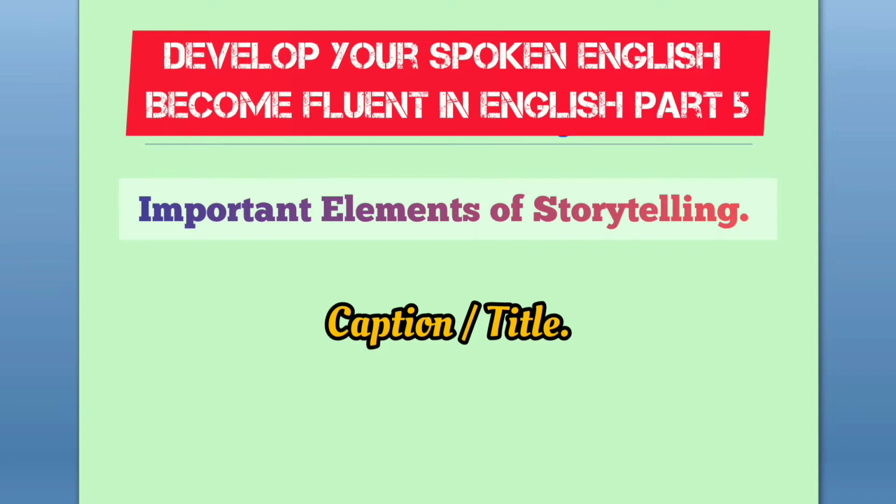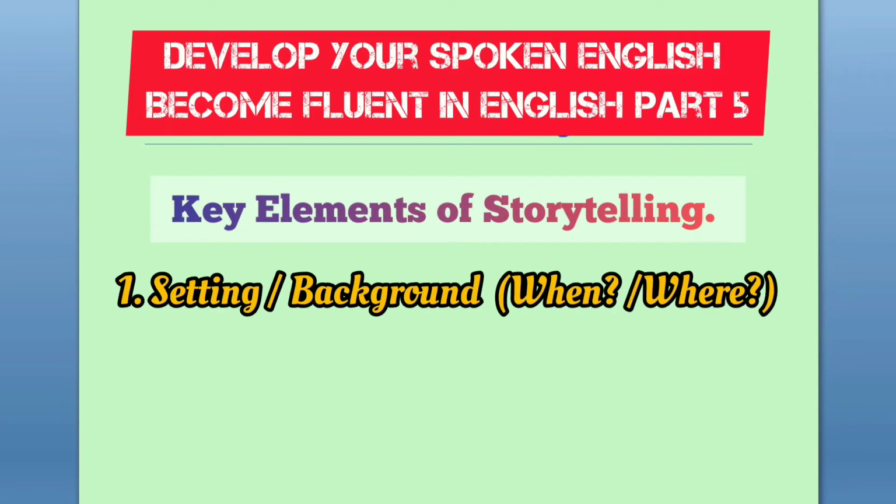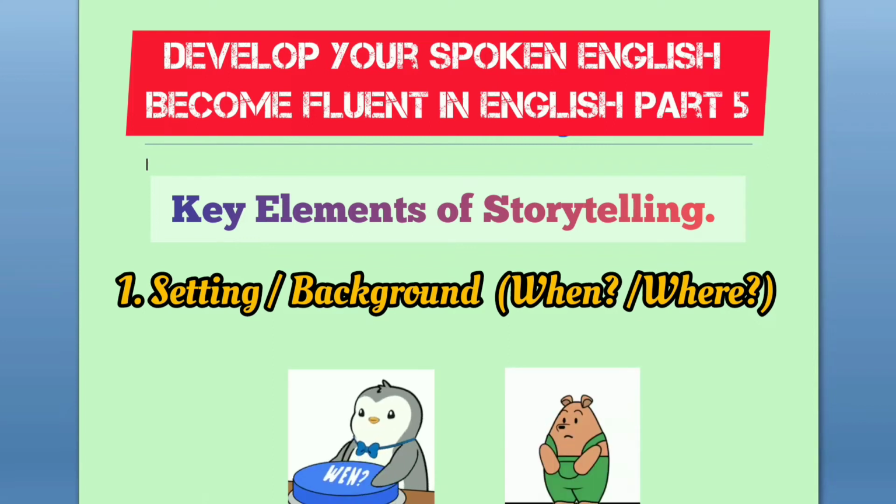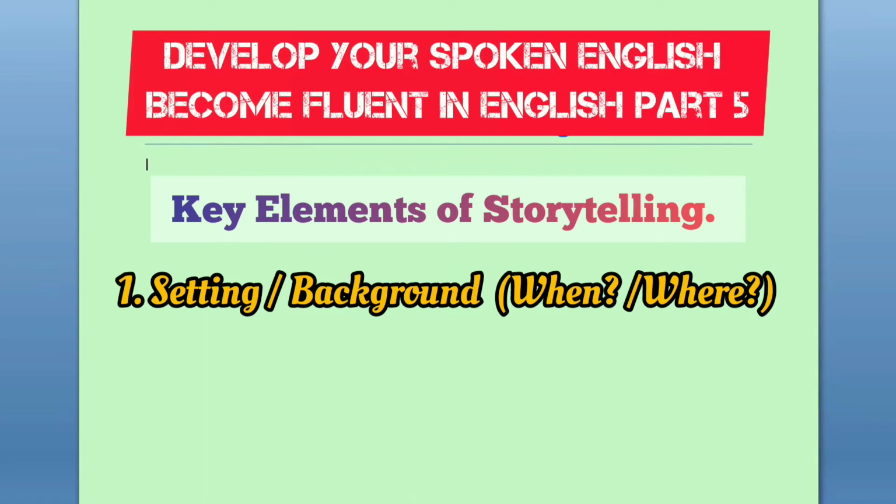Okay, so up next, we are going to see the key elements of storytelling. The first is the setting, as you see on your screen. Setting is the background of the story. That means it tells us about the backdrop of the story. Primarily, it tells us two things: when and where. When and where this incident happened. So the story which you are going to narrate, when it happened and where it happened,